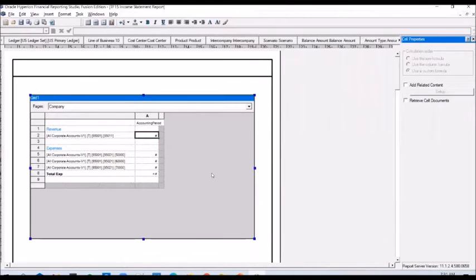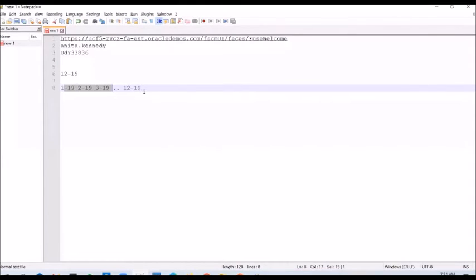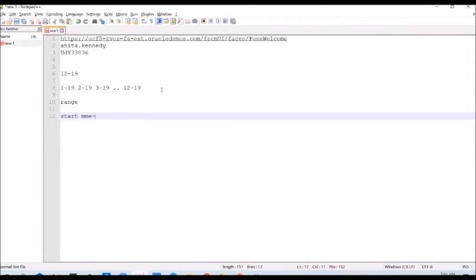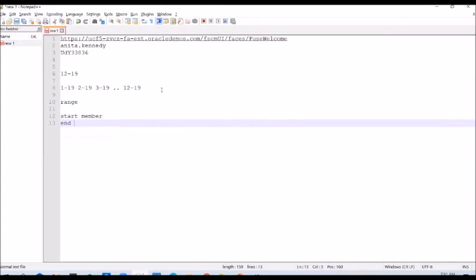So how do you configure that? When you want to configure a range, you will have to use a function. There is a function in FRC available called range. So you use a range function. And when you use range, it will ask you to configure a start member and it will ask you to configure an end member.